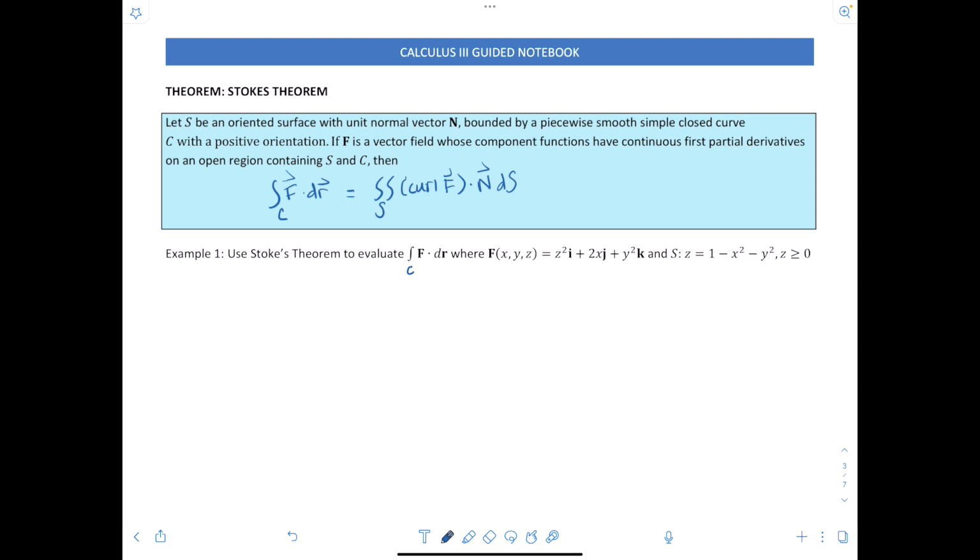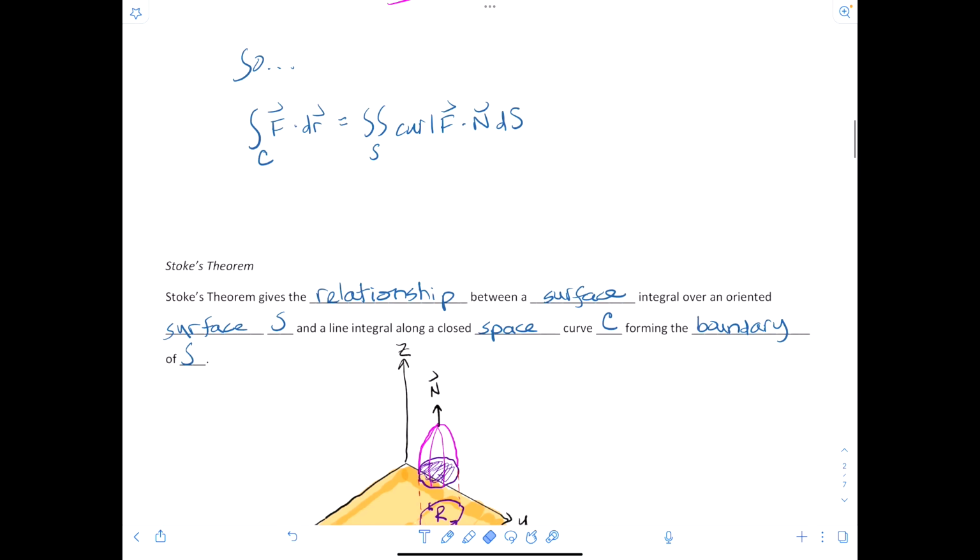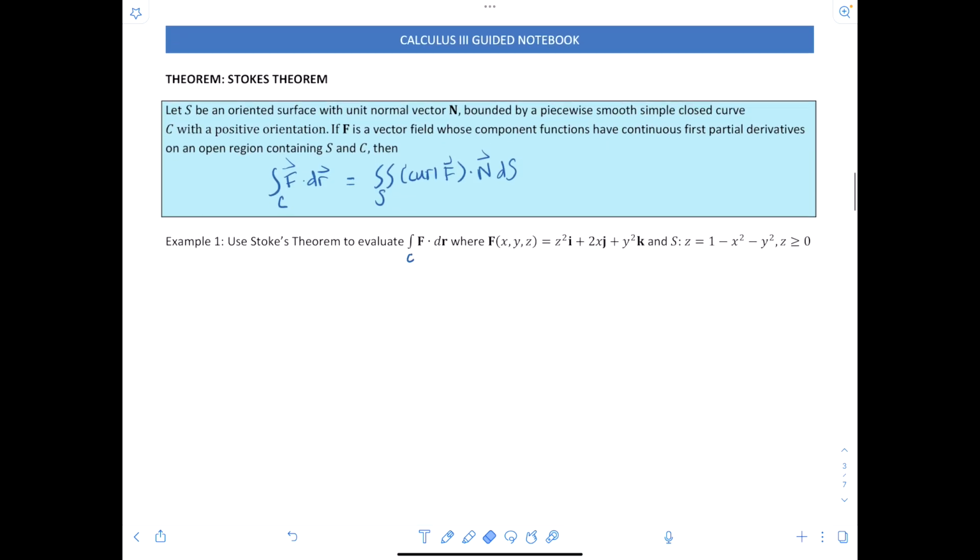So here we go. We have something kind of similar to what we were working with over here, right? We have a circular base. And so let's take a look. We know we have to find the curl of F, right? So the curl of F will equal